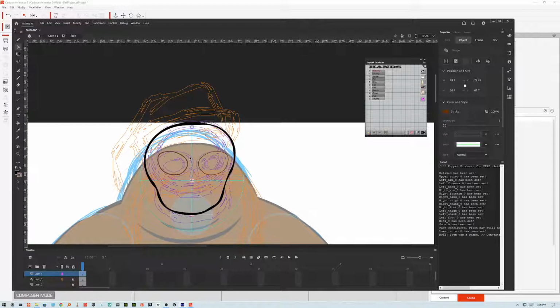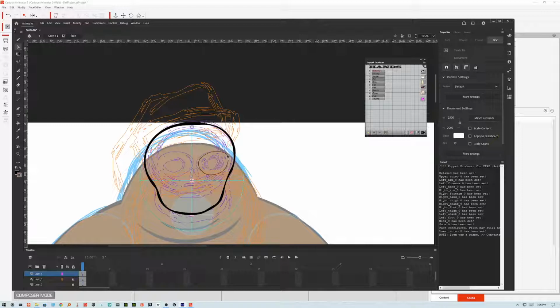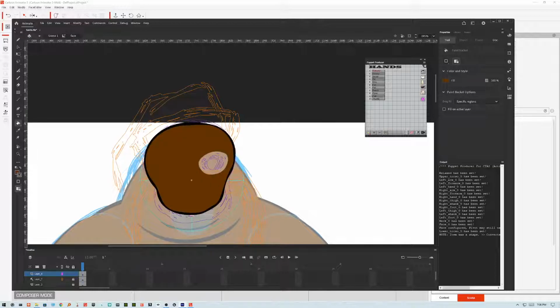You know what? I'm going to do this as a symbol, because it's kind of a pain in the ass to try to replicate that like that. So I'm going to paint that face like that, paint that like that, go in here, F8, convert to symbol,